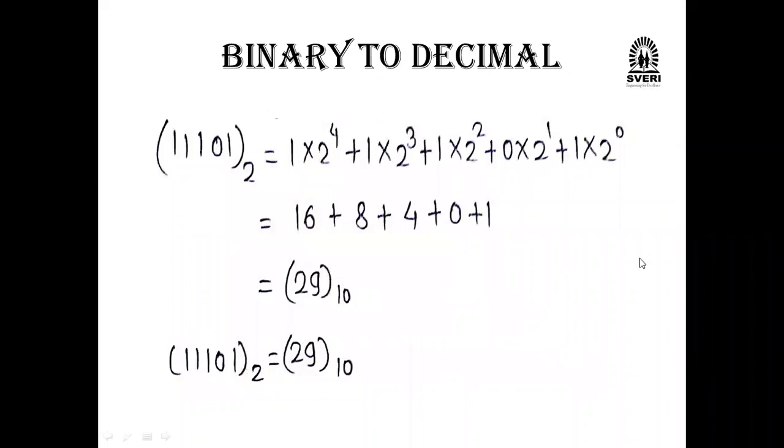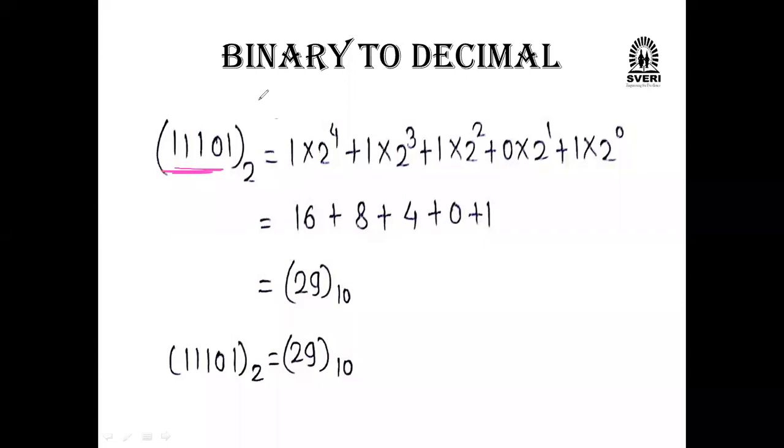Okay. Next we'll go for, now decimal to binary, octal and hexadecimal are done. What will we do next? Binary to decimal, binary to octal, binary to hexadecimal we have to do. So I will give the binary number here. First what we will do, we'll take the binary number. It is a binary number. This binary number we have to convert into a decimal number.